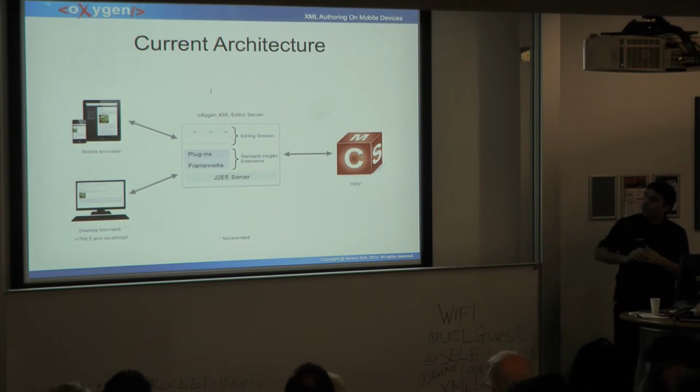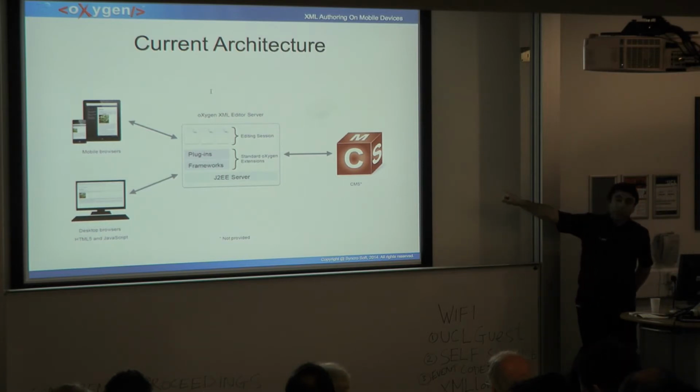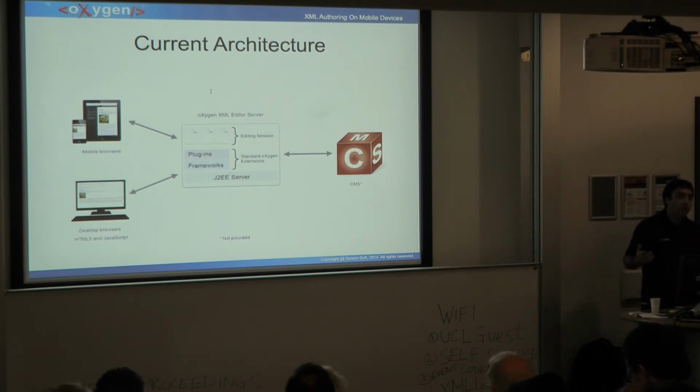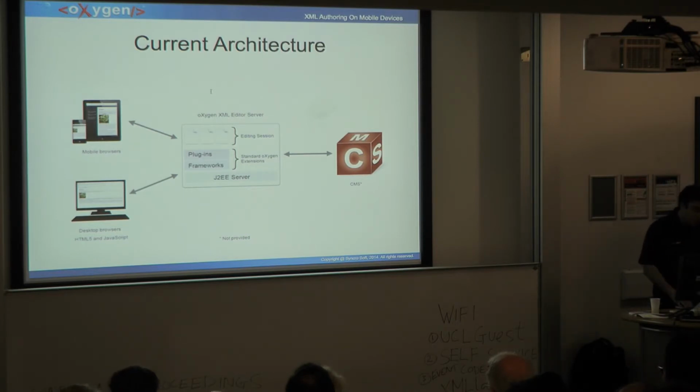That's a framework, and you can reuse that. You can reuse Oxygen plugins, and the most important ones are plugins that connect to external repositories. Those plugins actually provide a URL handler implementation, and allow Oxygen to read and write from external